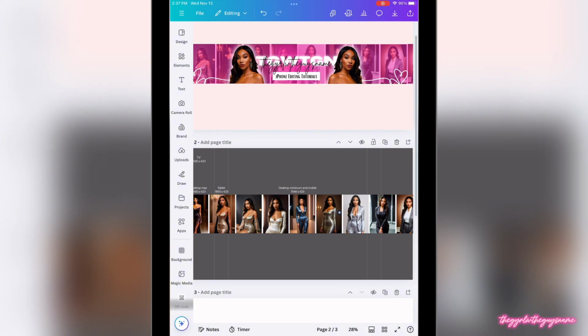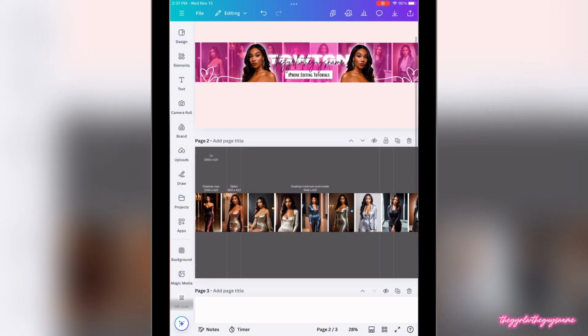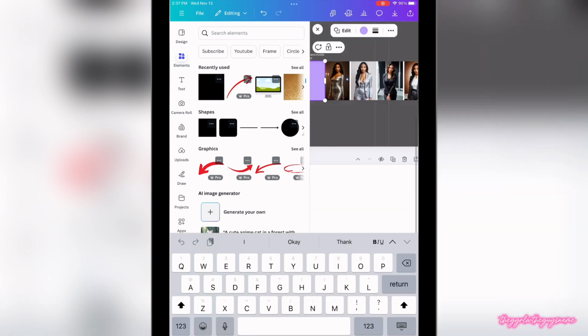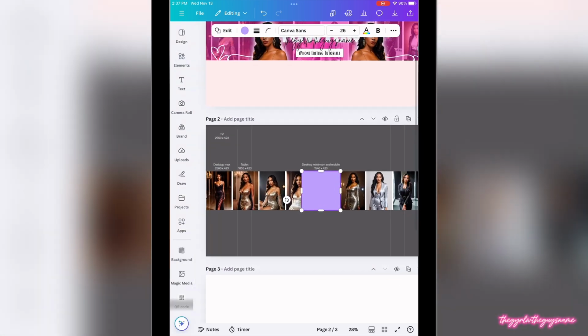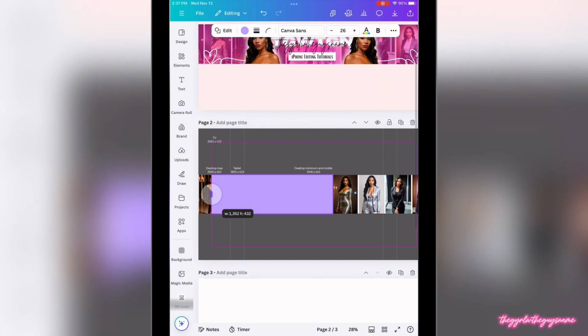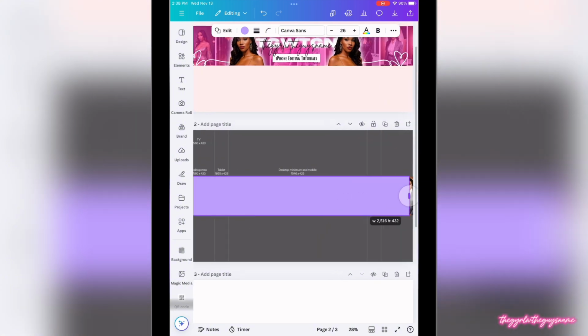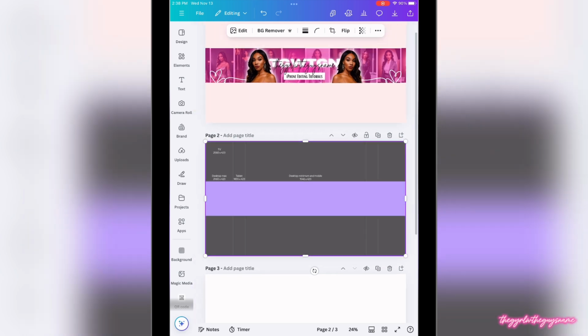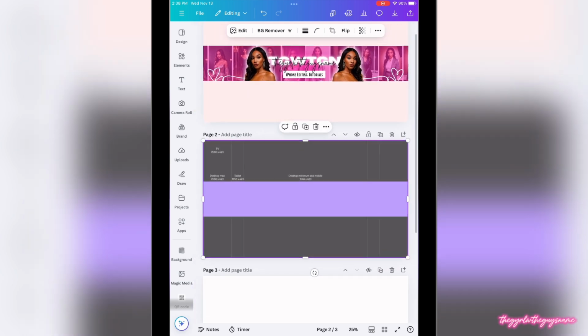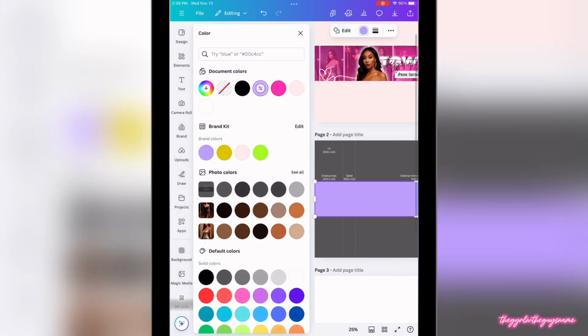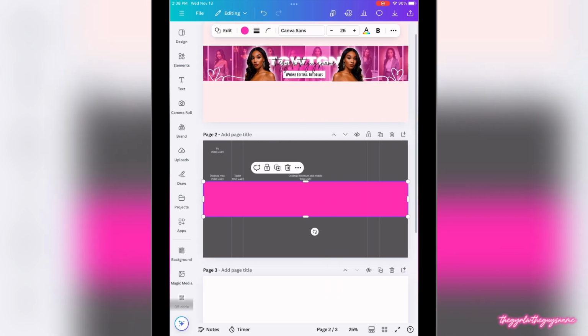The next thing I'm going to do, Boo Boo Kitties, is I am going to go over to elements. I'm going to go to square again. And I'm going to cover this entire space, you guys. This is how you create that transparent color over your images, right? So I'm going to click this elongated rectangle that we just imported, and I'm going to choose this pink here, right? But I still can't see the images behind it, but that's because we have to